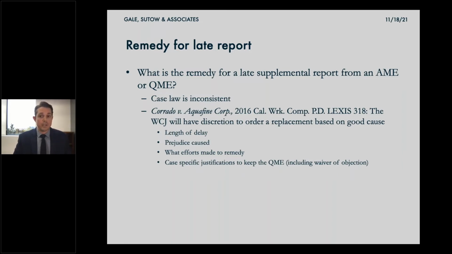They're going to look at the length of the delay, the prejudice, what efforts have been made to remedy the situation in getting that timely supplemental report, and case-specific justifications to keep the QME. So really, the courts don't want to completely undo the process in the middle of it, so they're going to be looking at these factors as a way to essentially find a remedy other than a complete replacement if it's just a supplemental report that's late.